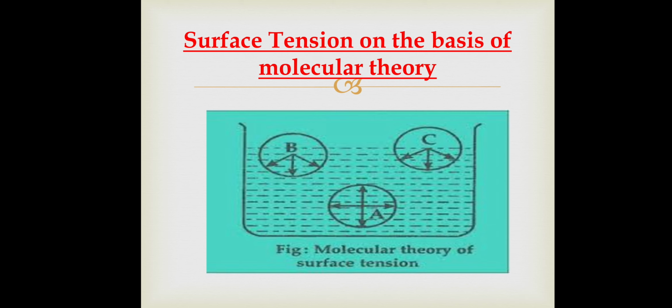If a molecule from the interior of the liquid is brought to the surface, work has to be done against the downward cohesive force and its potential energy increases. This shows that a molecule on the surface possesses greater potential energy than inside the liquid. In nature, a system tends to have minimum potential energy for stable equilibrium. Hence, the liquid surface, in trying to have the least potential energy, tends to maintain least surface area. And this tendency of the free surface of a liquid at rest to have minimum area is called surface tension.